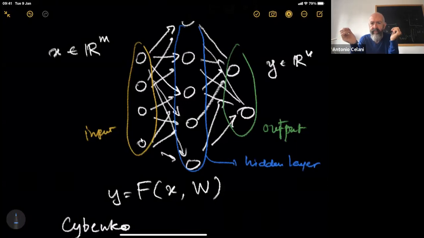But for any practical purposes, you can use this as a universal approximator